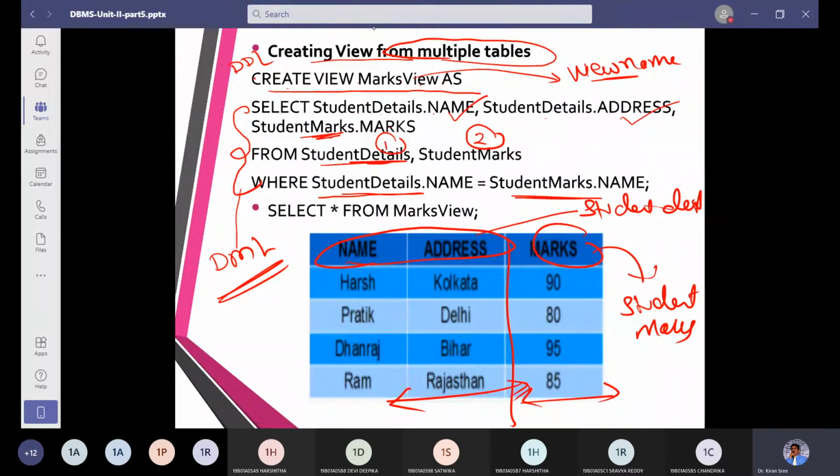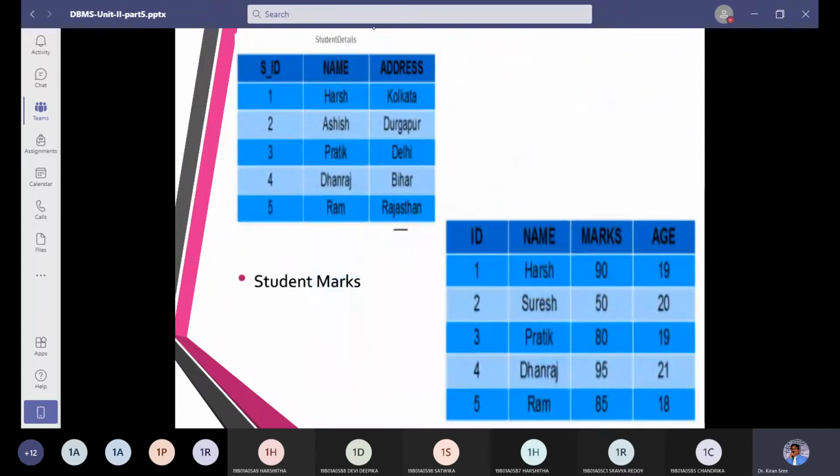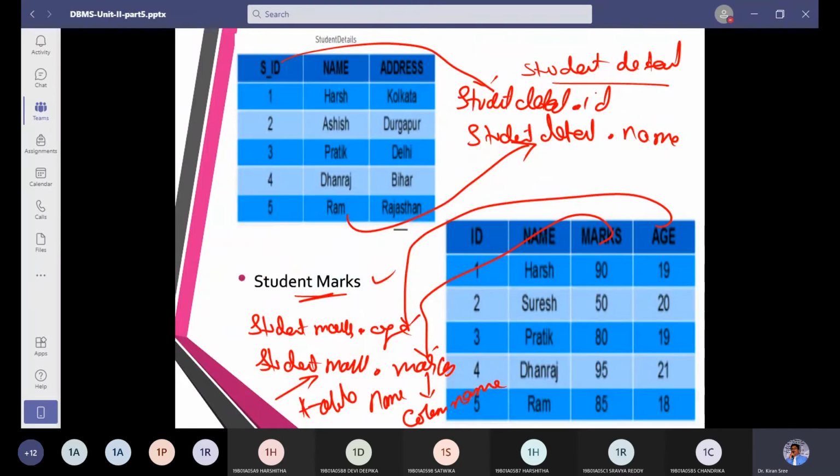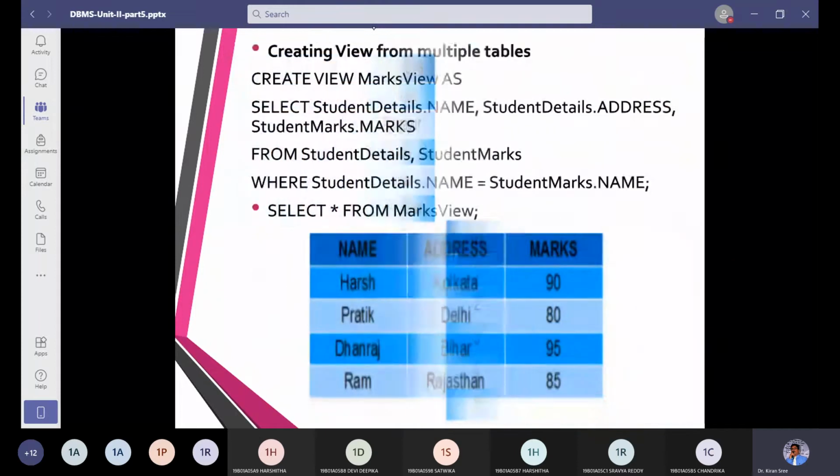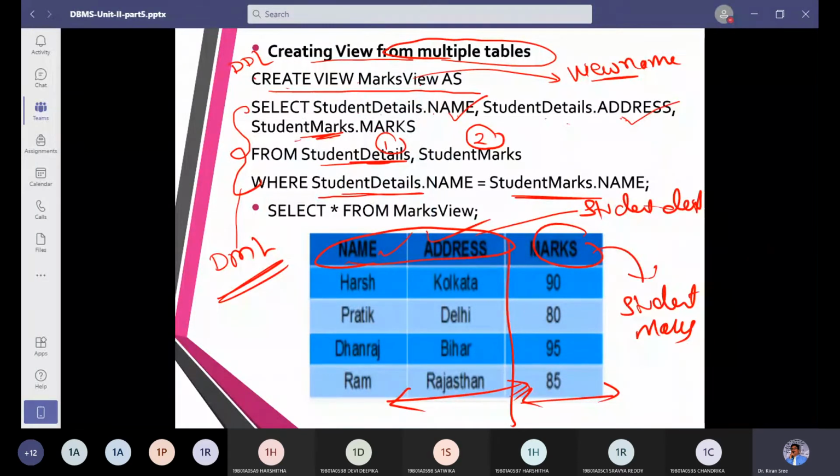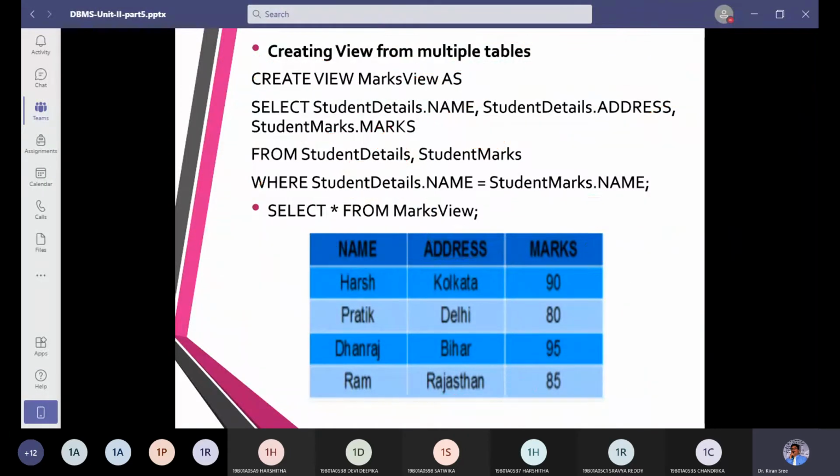Got it? So select student detail dot name, student detail dot address; they came here. Next one, student marks dot marks. The name of the table was student marks, so this student marks dot marks came here. So that is how we are going to use it, and select star from the view name we created.